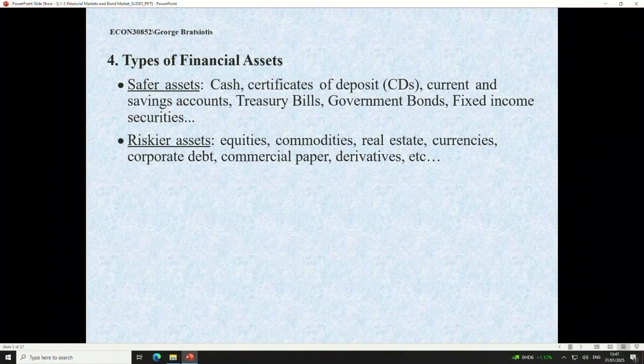So, the third question you may want to ask is, okay, and how are they going to do this? How are they going to influence the financial markets? Well, there's something which is called,